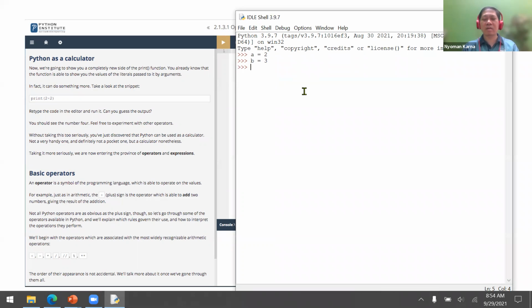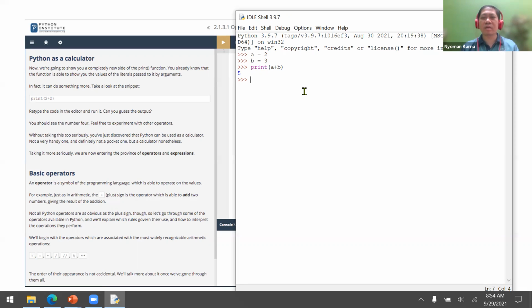Now, let's try to add a plus b. If I enter, first it will calculate, what is the value of a? 2. What is the value of b? 3. So I need to add these first. What is 2 plus 3? It is 5. So it will print 5. That's how it works.